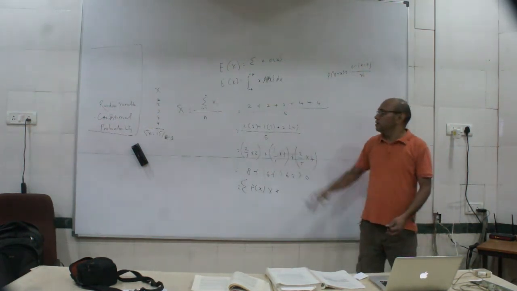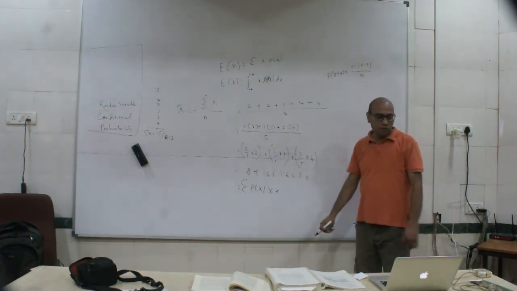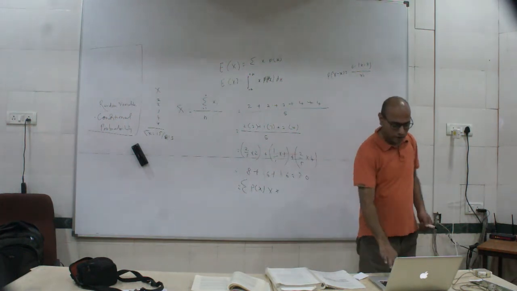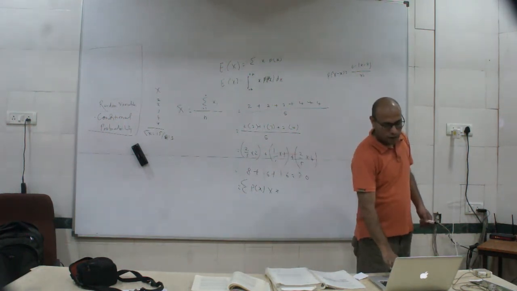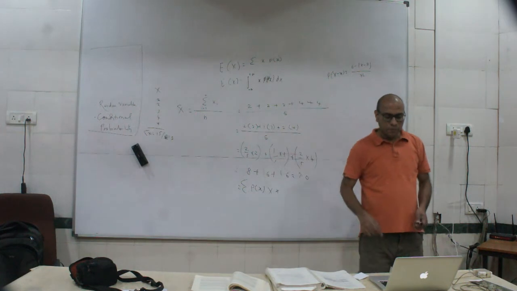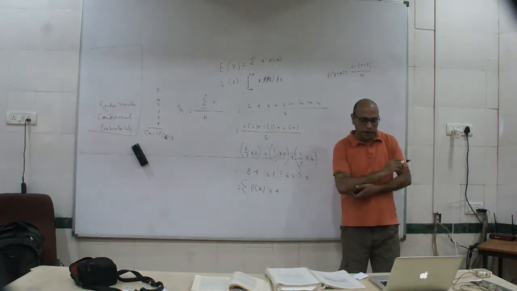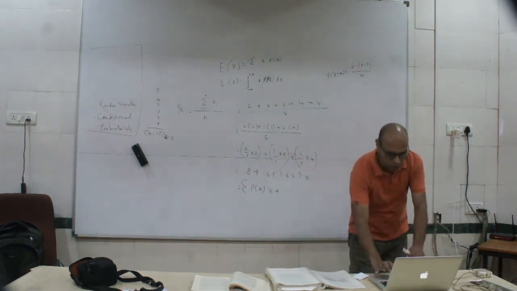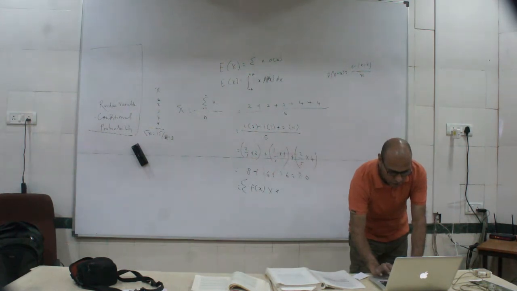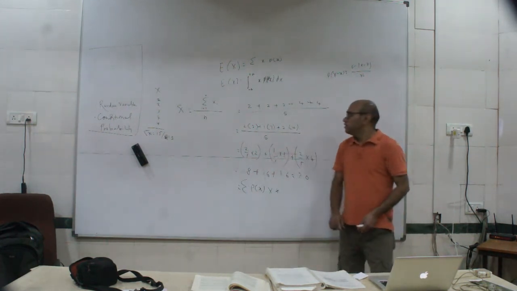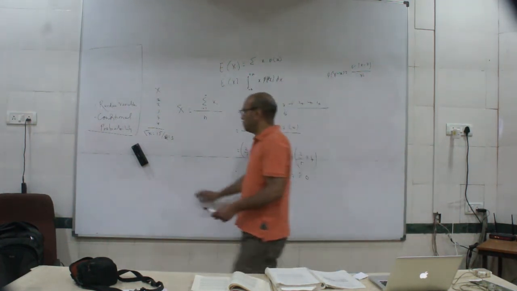So this is what expectation would be for a continuous random variable. Well, we have already discussed the examples of this amply, and so I don't wish to repeat those examples here again. The variance of a random variable